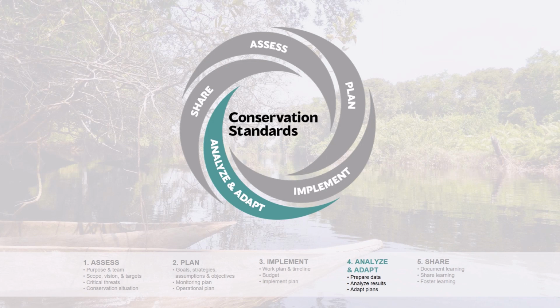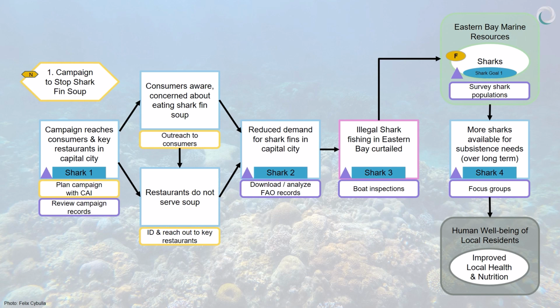quick overview of a few concepts you will see in later modules for this Step 4 course. This course is about the Analyze and Adapt step in the conservation standards cycle. It is the opportunity for your team to intentionally reflect on all you have done and accomplished, where you have struggled, and what you have learned. You will use all of this information and learning to help you make informed decisions about when and how to adapt your conservation actions. This course will continue to use the marine example, focusing primarily on the Stop Shark Fin